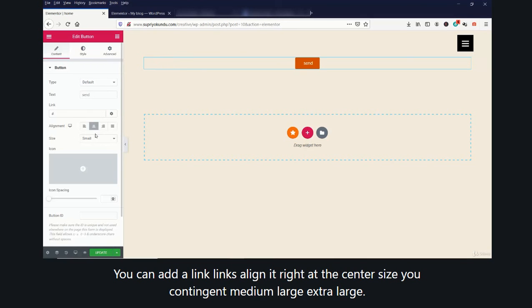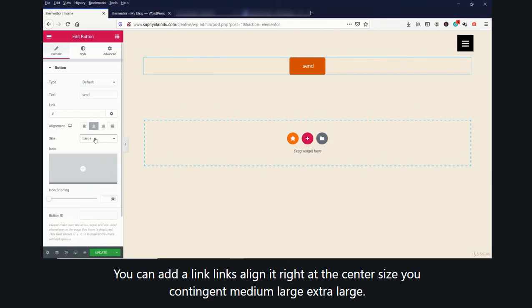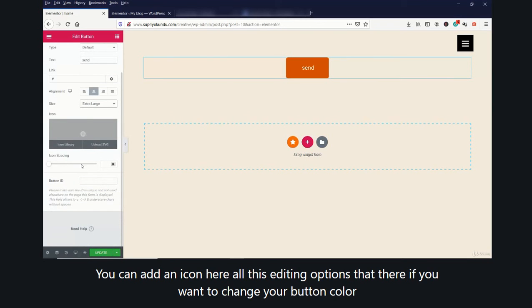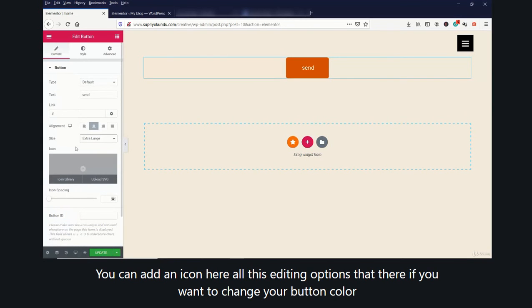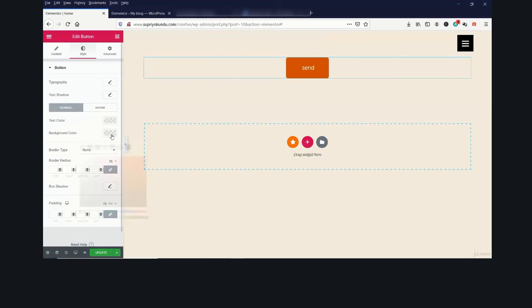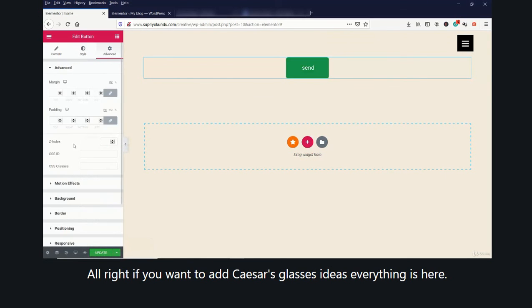Let's align it right at the center. Size you can change, medium, large, extra large. All right. You can add an icon here. All these editing options are there. If you want to change your button color, background color, you can change it. All right. If you want to add CSS classes, IDs, everything is here.